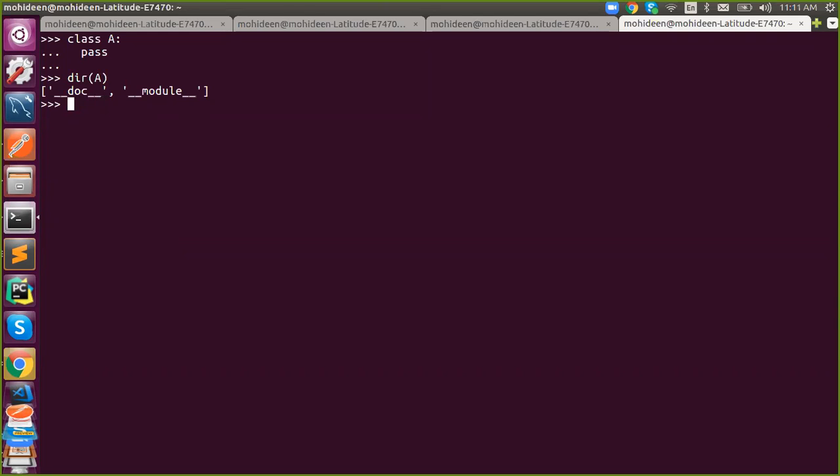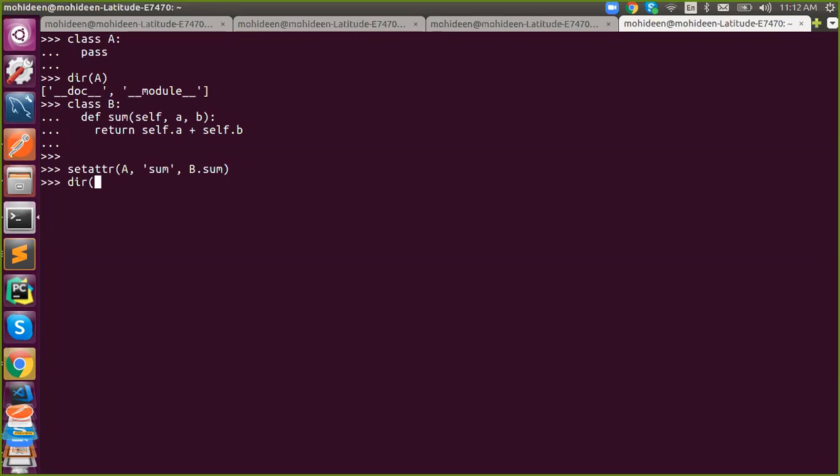Or if you have something in a different class, I need the same stuff in class A. Just say setattr. First is the object, which is the class name. Next should be a string, the method name, so it should be sum in a string, and the next thing is b.sum.